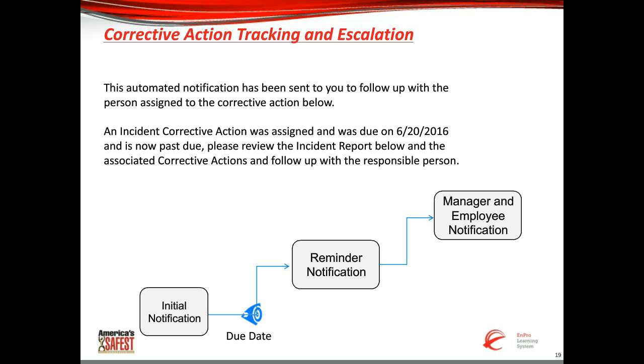So let's say, for example, I had a corrective action that was due today. I've done everything I can. I'm just simply waiting on the item to get shipped. We ran into some logistical problems, and it's going to be done and implemented by next week. I can go in and adjust that corrective action, or work with my team at the site to adjust the due date of that corrective action. That way we're not getting pinged for something where we have an actual estimated completion date. But if we really aren't making progress, it's a great way to drive home the point that you need to get on this, and it has that escalating feature to make sure that we have additional levels of responsibility notified so they can get involved as needed.